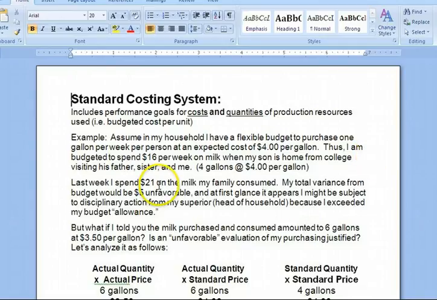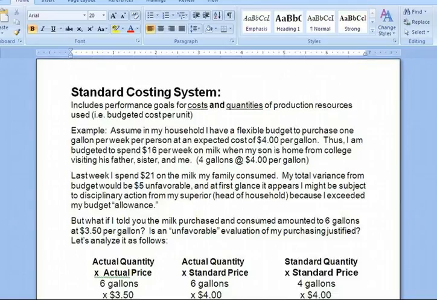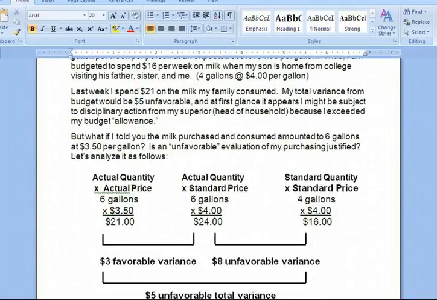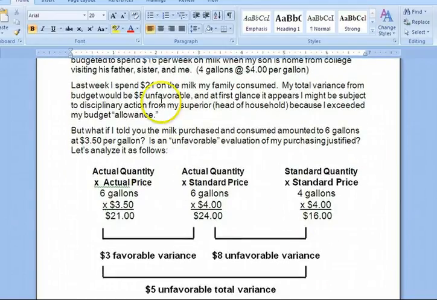So let's assume last week I spent $21 on milk. I'm supposed to spend $16, so there's a $5 unfavorable variance there, and you would think that me being the grocery procurement officer for my family that I would be disciplined for going over budget on that. But by using standard costing, we could use this three-column approach here and figure out or better explain where the